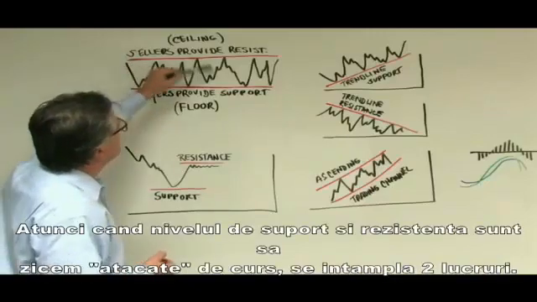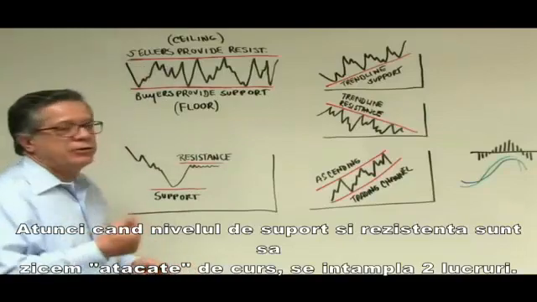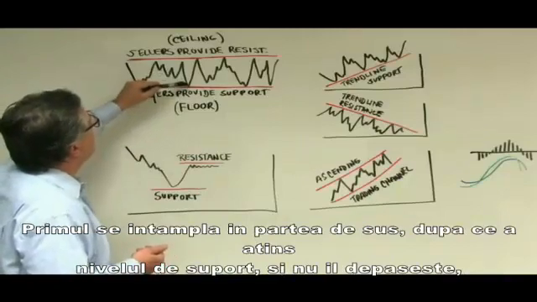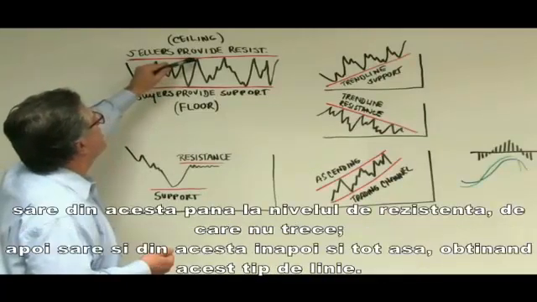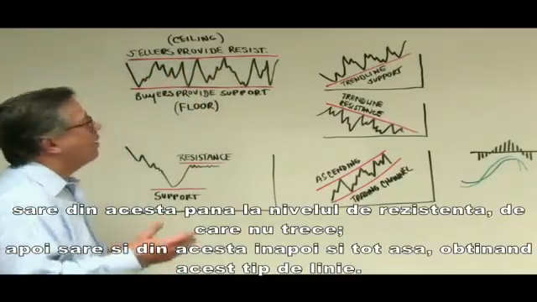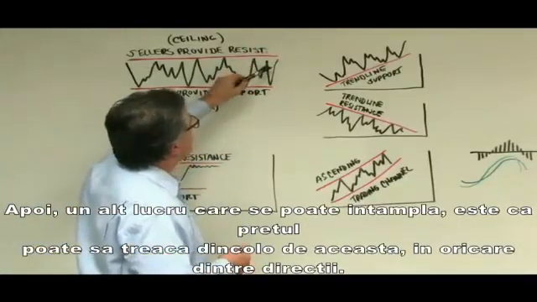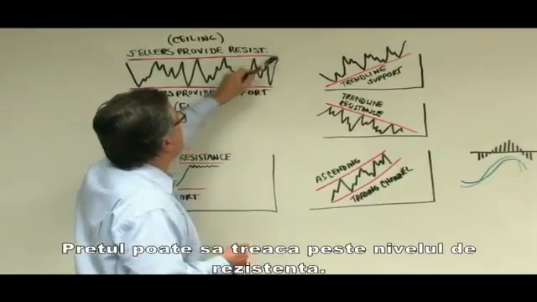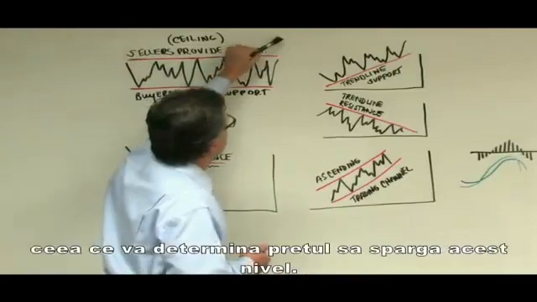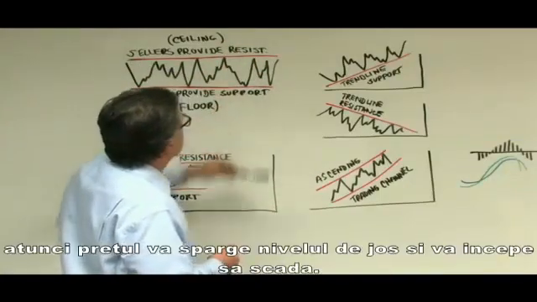And when a support and resistance level is attacked, if you will, by price action, two things can happen. The first one we see happening up here, where it hits support and it respects it and it bounces off. It hits resistance and it respects it and it bounces off. And so this is the type of line that we get. Now, the other thing that can happen is price action can break through in either direction. Price action can break above resistance. In other words, if there are more buyers than sellers at this level, that's going to cause price action to break through. If there are more sellers than buyers at this level, that's going to cause price action to break